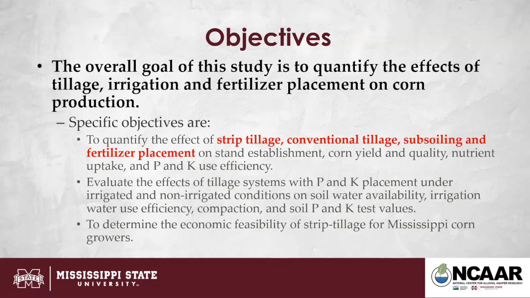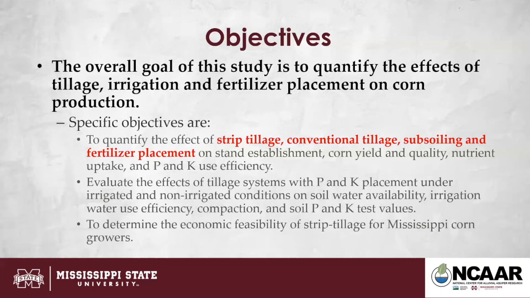Specific objectives were to quantify the effect of strip tillage, conventional tillage, subsoiling, and fertilizer placement on stand establishment, corn yield, quality, nutrient uptake, and P and K use efficiency, and to evaluate the effects of tillage system with P and K placement under irrigated and non-irrigated conditions on soil water availability, irrigation use efficiency, compaction, soil P and K test value, and also to determine the economic feasibility of strip till